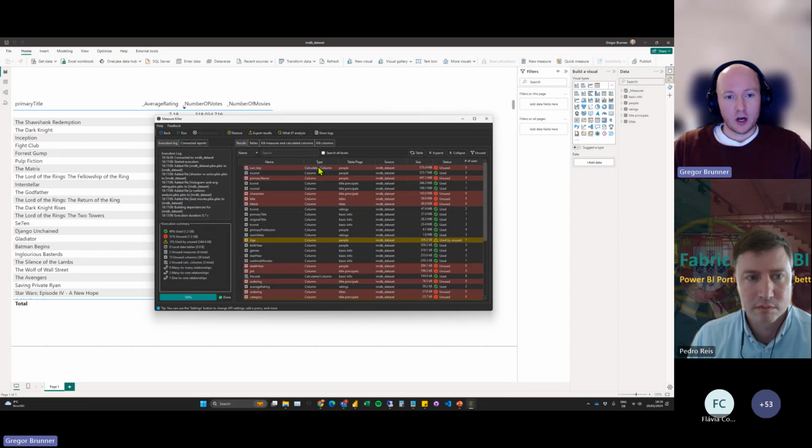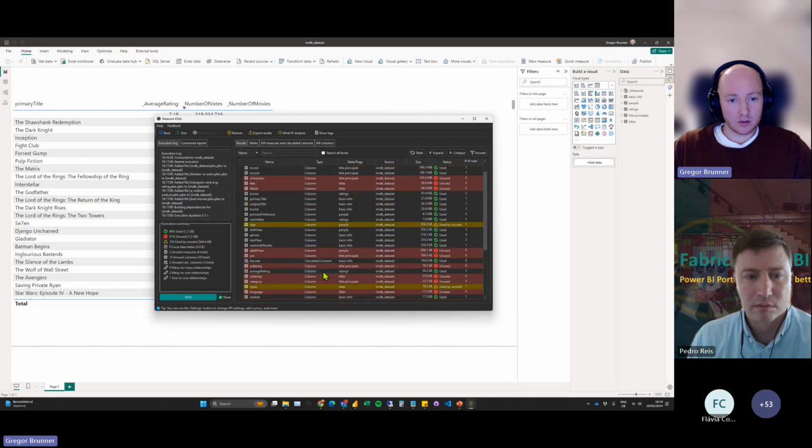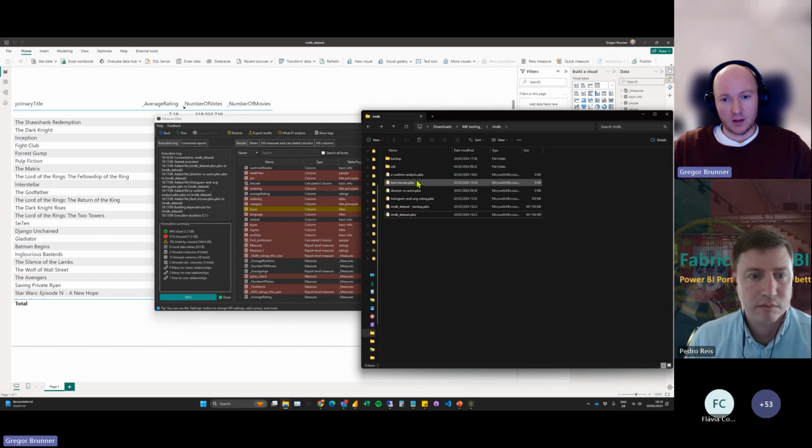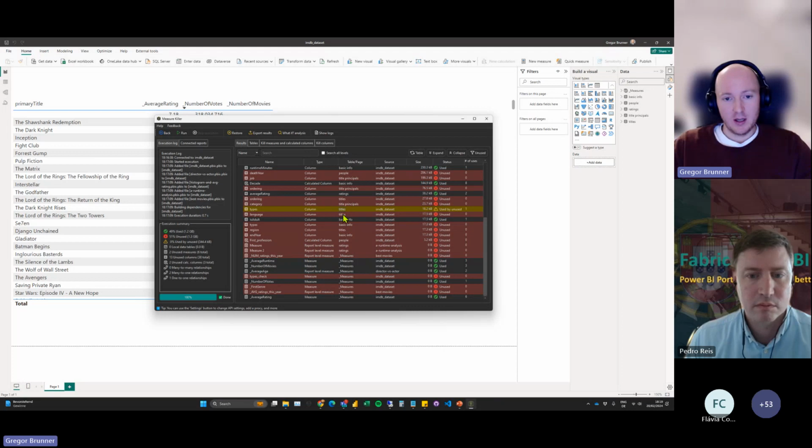We can see all the artifacts, and that means columns, calculated columns, or measures, even report level measures. Those are in those thin files, right? Those are in those reports here, and you build them on top of the data model. And I can also see them here. We don't really care about them. They're not part of the things that we're going to remove because they're in the report. We don't really care about this, but we still see them here if they are used or not.